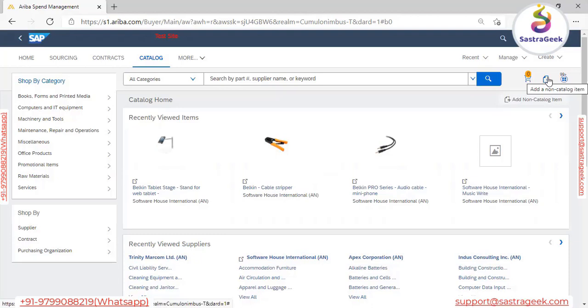One way is that if the material master is available, we can simply go there and select the required material master. But in certain cases, if the material master is not available in the backend SAP system, how are we creating the PR? Can anyone make a guess? Creating it completely new, directly, manually.